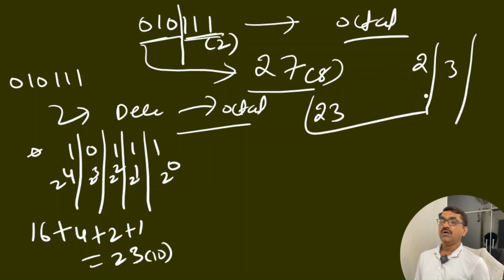To convert this decimal number into octal, you divide by 8. 8 twos are 16. The remainder is